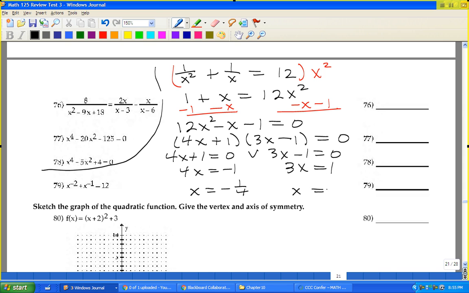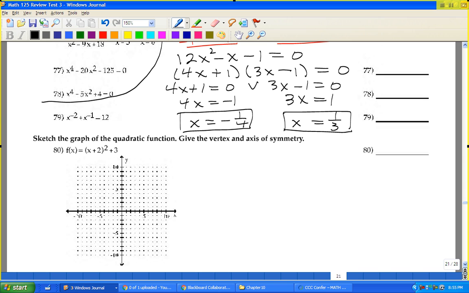Divide by 3. Well, the only extraneous solutions are when x is 0, and neither of these are 0. And so you're done. Okay. Any questions about that? Okay, so